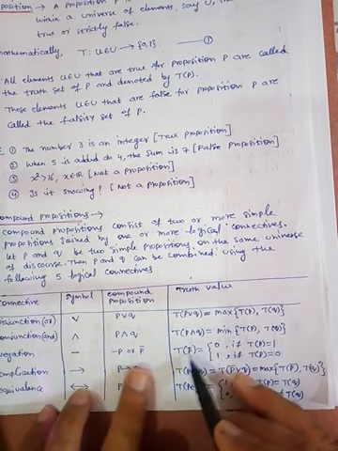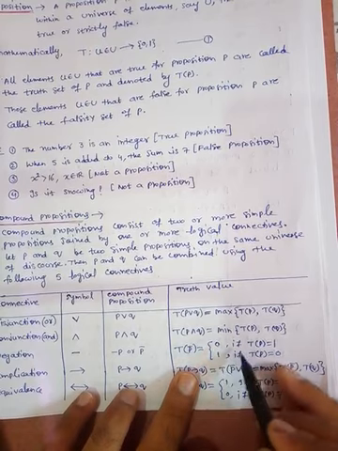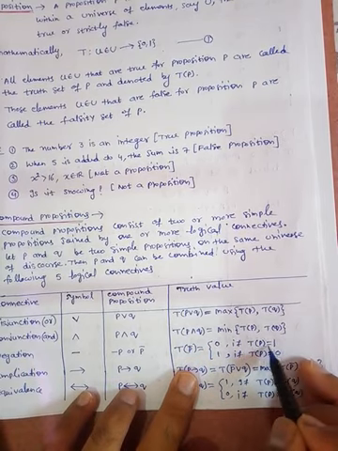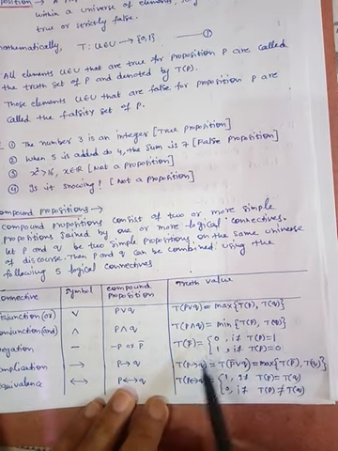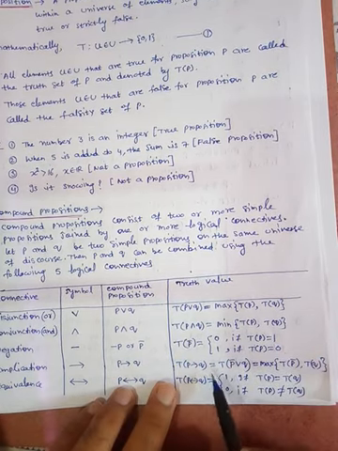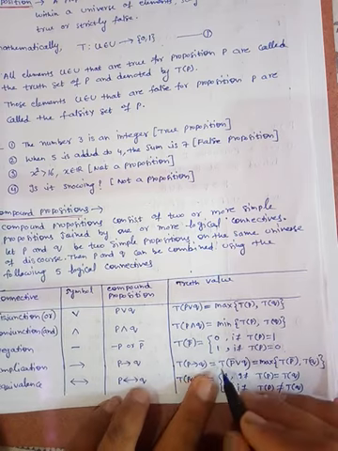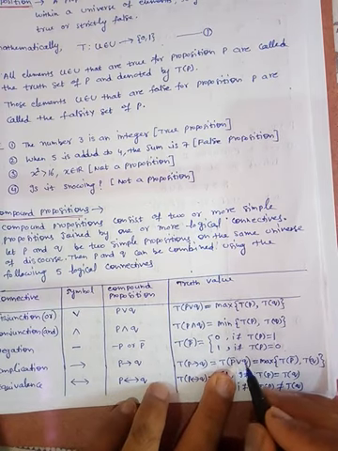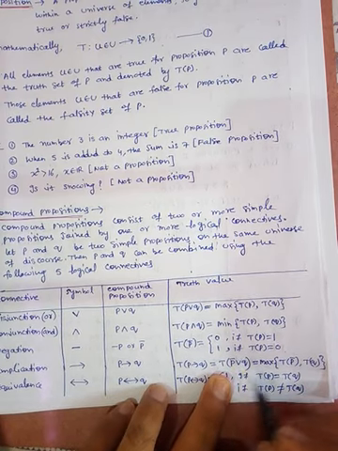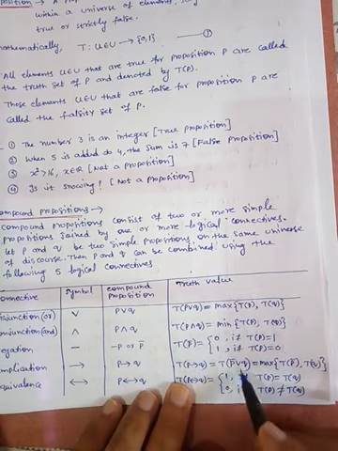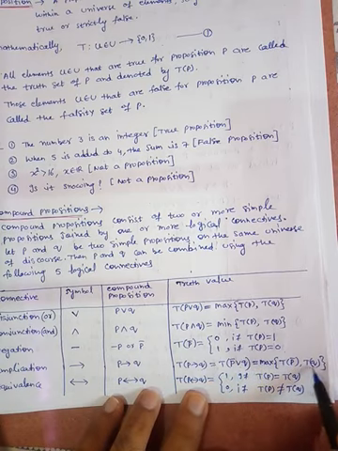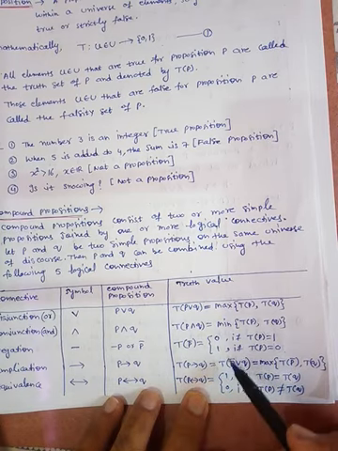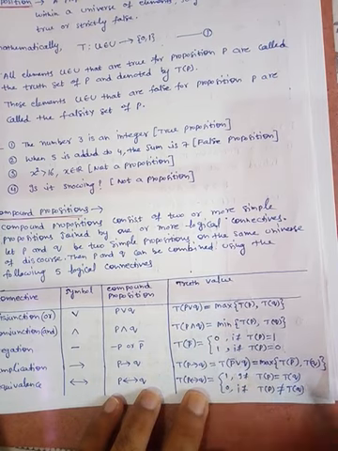The truth value of P bar, TP bar, is 0 if TP is 1, and the truth value of P bar is 1 if the truth value of P is 0. Similarly, the truth value of P implies Q is equivalent to the truth value of P bar join Q, and you can see that both are the same with the help of a truth table. So this is equal to the maximum of TP bar and TQ. We are using this definition, where in place of P we have P bar.